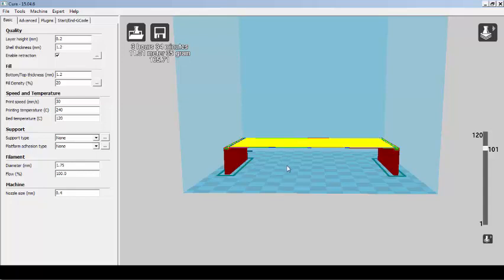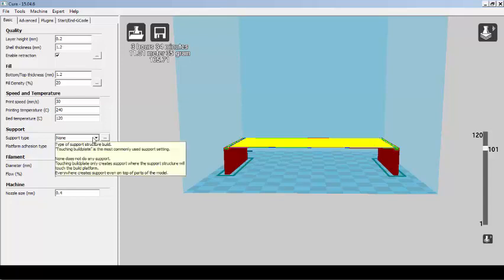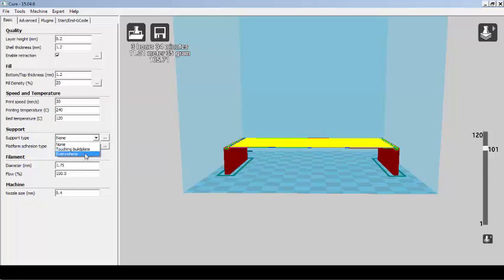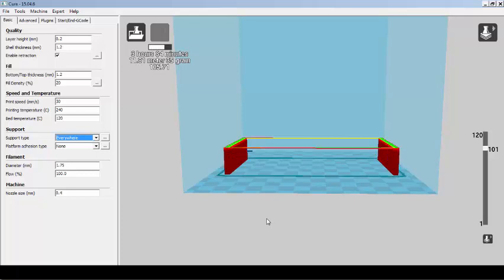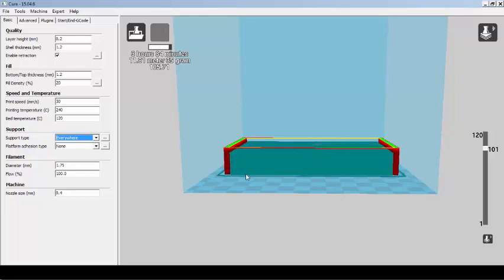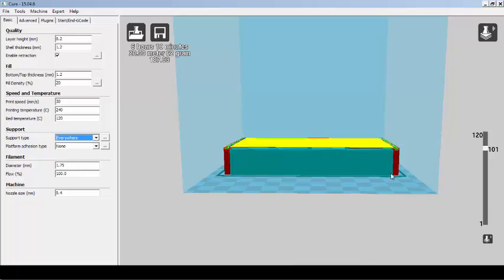That is what we call a support structure. Now you can see some gray colored material which has come over here. This material also has to be built so that when you are coming to this particular layer, you have sufficient supports so that you are able to build the material.